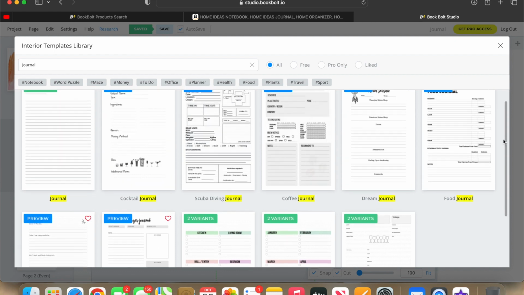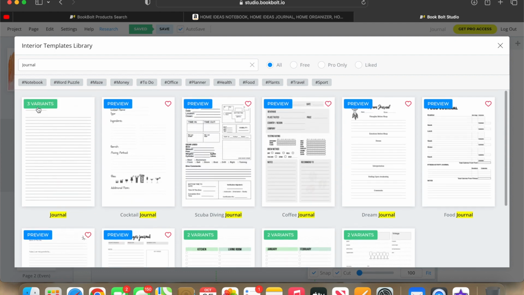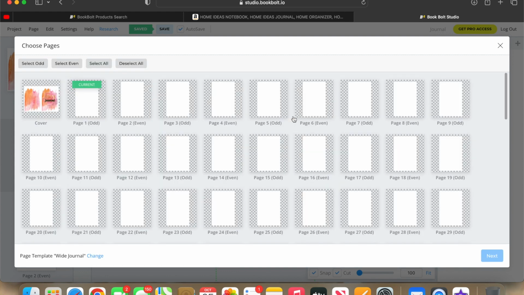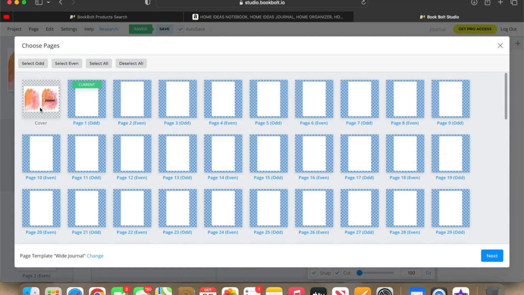The gratitude journal, but I'm just gonna keep it simple and use the wide rule journal. I don't necessarily have to preview that, so I'm just gonna click that page, and it will ask me the page choices. I actually want this on all of the pages except the cover page. I don't want the cover page to have this, so I'm going to select all but unselect the cover page. And then I go to next,